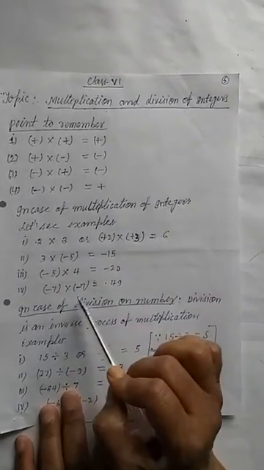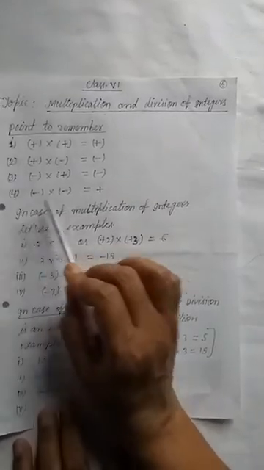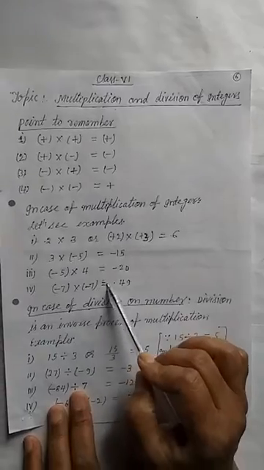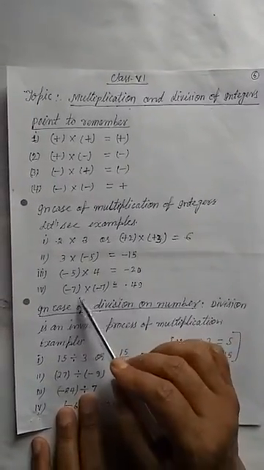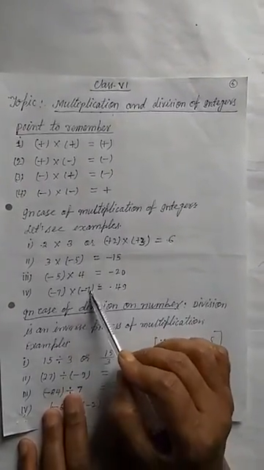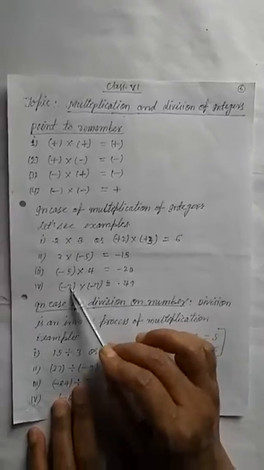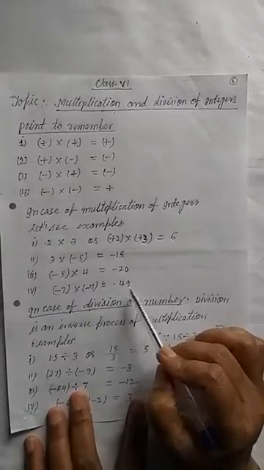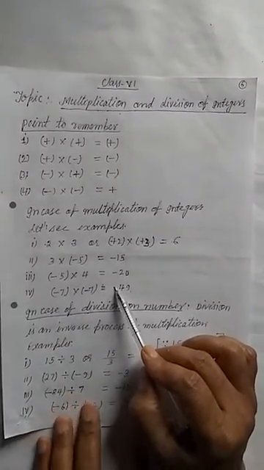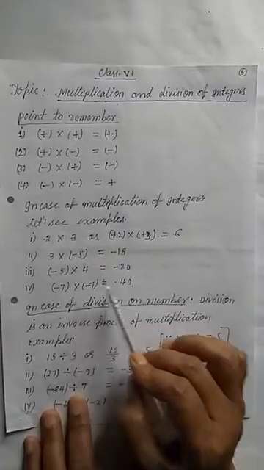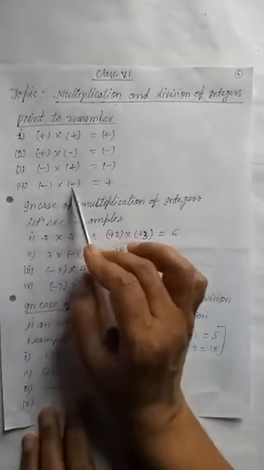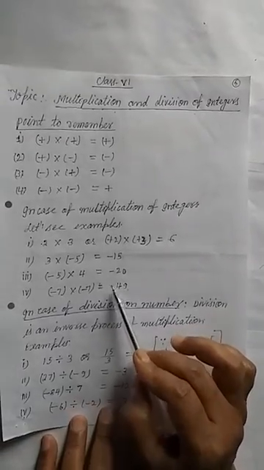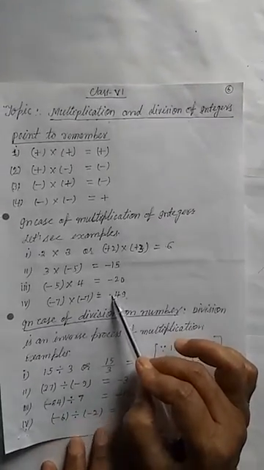Now the last example is on the basis of rule number 4: minus 7 into minus 7, okay student. In the same way, we find the product of 7 and 7. 7 sevens are 49. Then we decide what sign it will be. Minus into minus is plus, because on the basis of this rule plus is coming. There is no need to write the plus sign, we automatically consider it plus, okay.